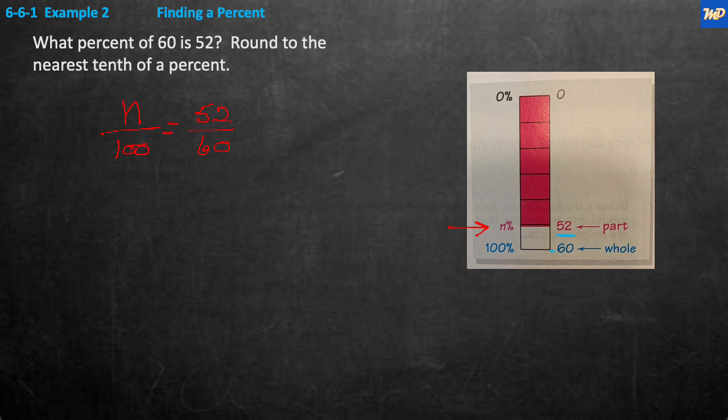So now what we do is we multiply both sides by 100 to get the n by itself. And we do that, we say 100 times n over 100 is equal to 52 over 60 times 100. Okay, and then when we do that, the 100s cancel, and we end up with n equals